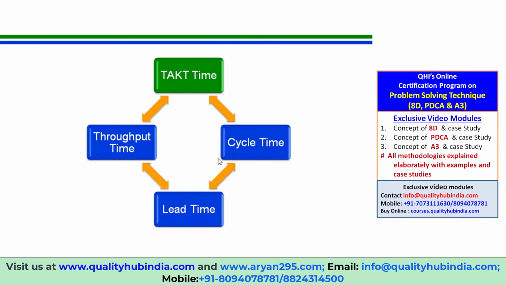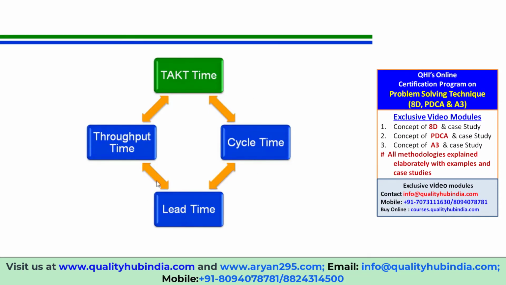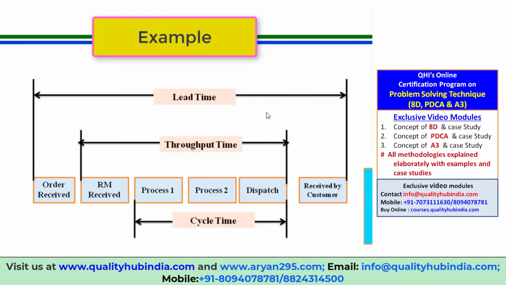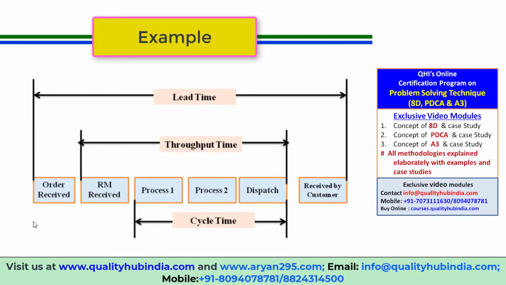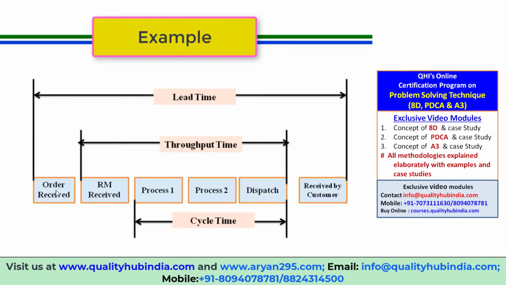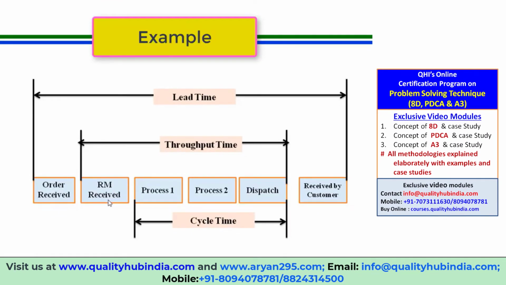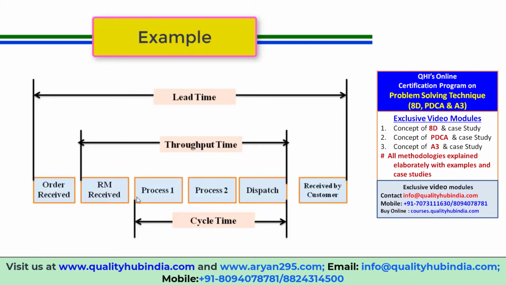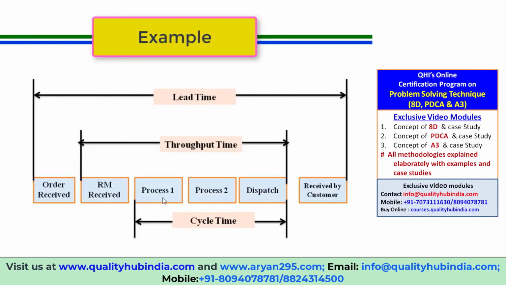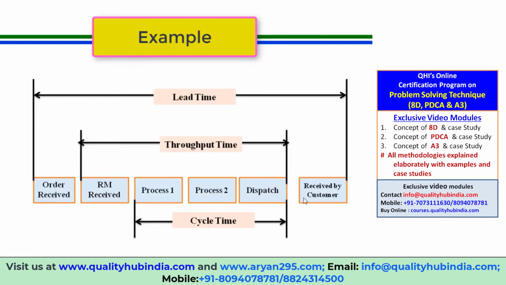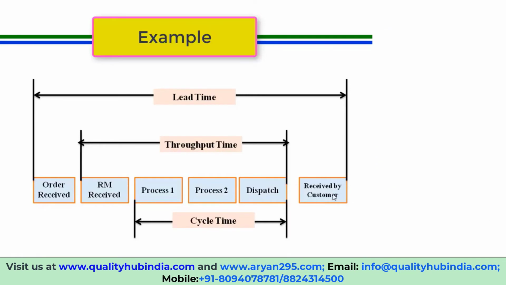Friends, I hope the definitions are clear to you now. To understand it in more detail, let's see an example. Over here in this slide, you can see that we have a process, and the process starts with order receiving, and the next step is raw material receipt, and from here the manufacturing process starts, which goes through the first process of manufacturing, the second process of manufacturing, then comes dispatch, and in this step the product is